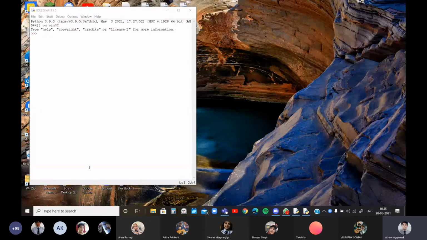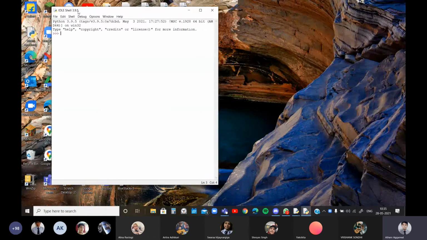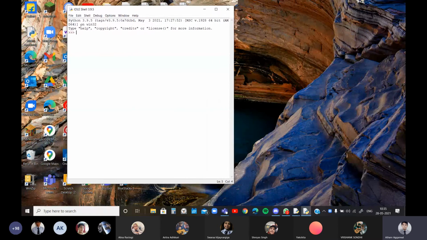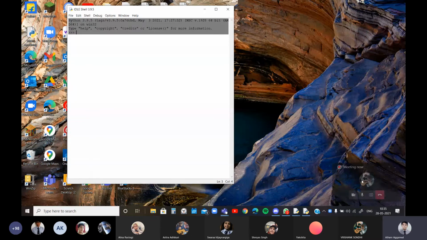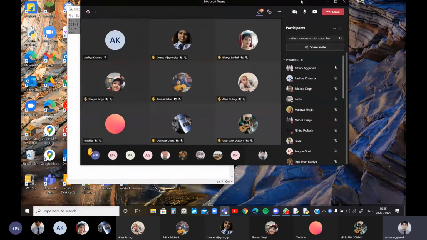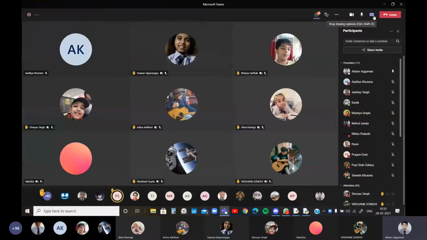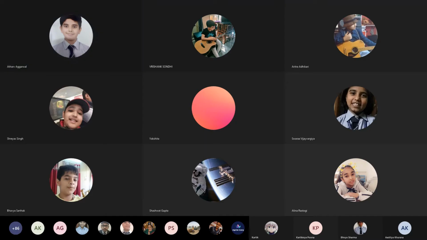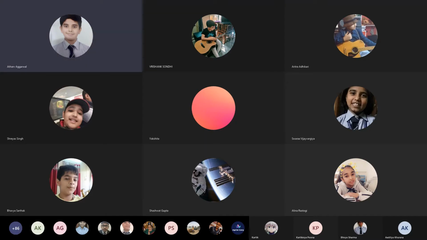Then the IDLE Python 3.9.5 shell will come. When this is coming, just raise your hand. After this, just go to the files and add a new file.